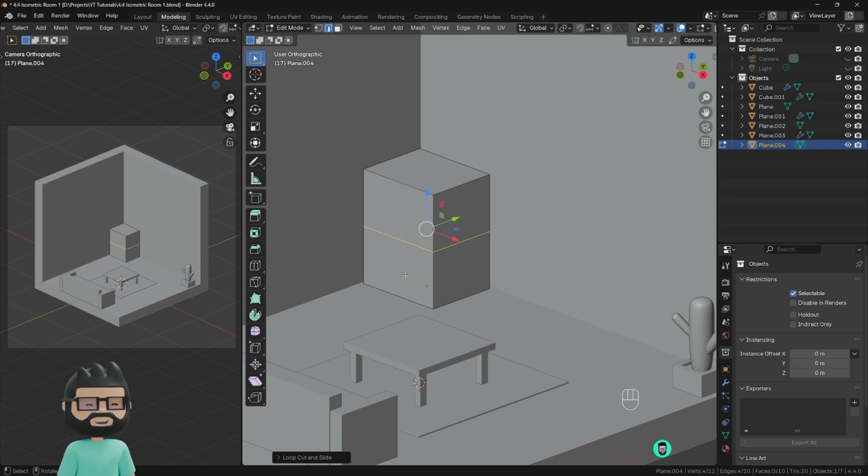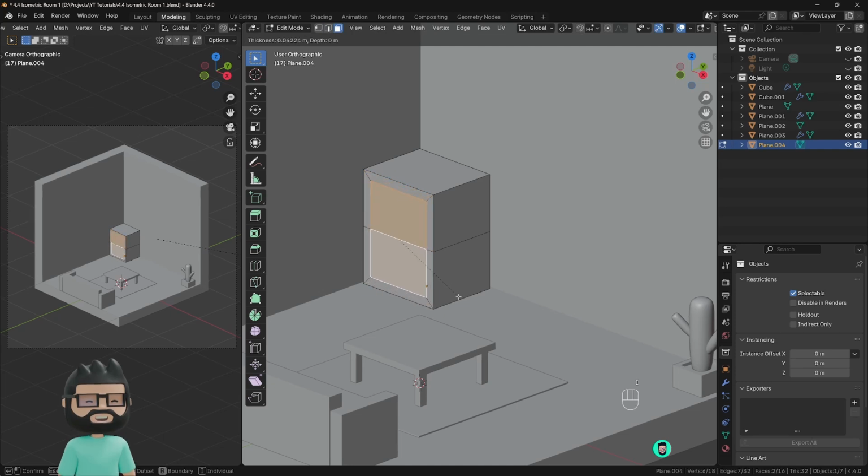The reason why I want to do this is because I want to make a shelf or a bookshelf and I want to inset these faces. So let's press 3 to go to face selection mode, select this, shift click this and I to inset. Now you'll notice that these both are insetting together. We don't want that, we want individual insets. So I'll press I again. Now they are insetting individually. So move and adjust it with your mouse